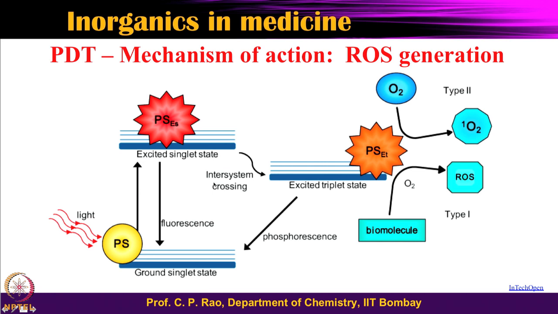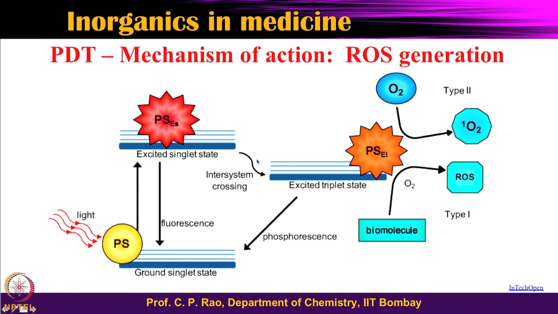I will show you two different ways. One way to understand this is the same thing shown in a different manner. The PS is nothing but the photosensitizer, and this is the ground electronic state, and these are the vibrational states: ground, excited, second excited, etc. And this is the excited electronic state, and the vibrational states of the excited electronic state. Now, this photosensitizer is shined with light of the appropriate wavelength, then it will make an electronic transition to the excited state, and could be any of these